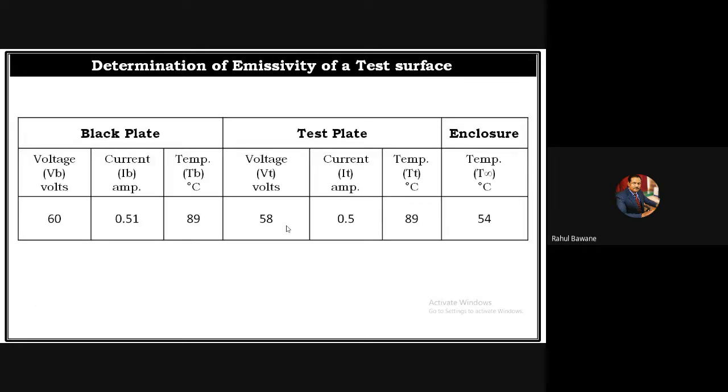This is your readings for the practicals, so you have to follow these readings. When I conducted the experiment, I observed that both temperatures, black plate and test plate, came to 89. At that time I measured the voltage and current for the black plate, then the test plate current and voltage, and the enclosure temperature. From this, use the sample calculations and find out